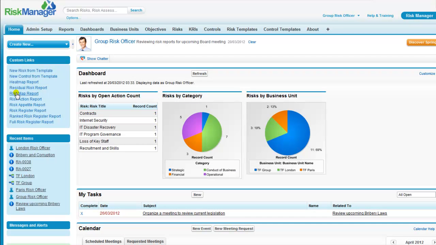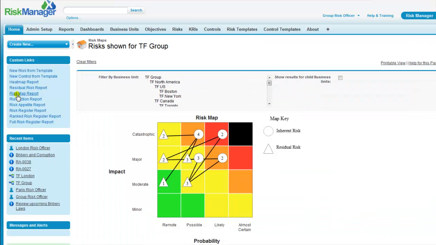Anytime you need an overview of your risks, go to the Risk Map report and select the relevant business units. That's up-to-date risk visibility across your organisation from